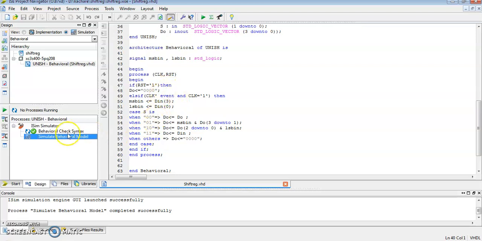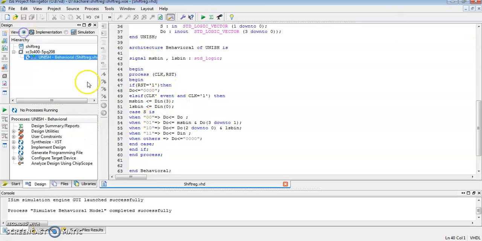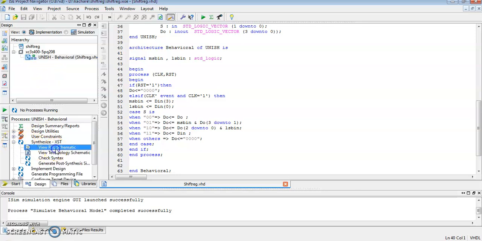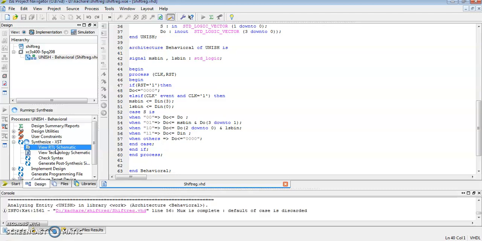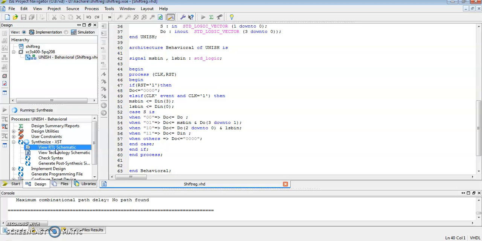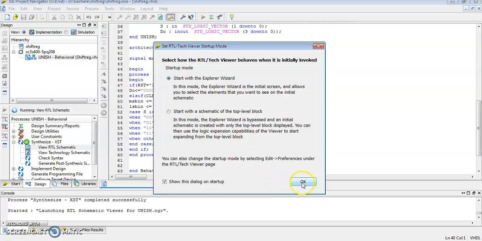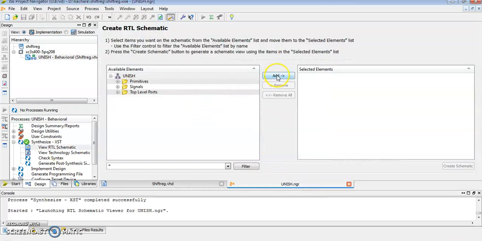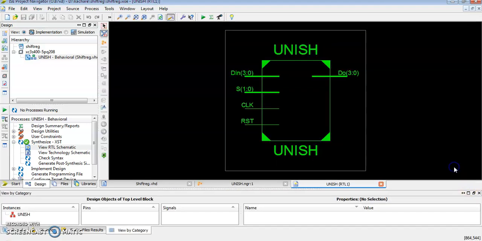Let's see our RTL schematic. Please wait. Under Synthesis, you will get the option Open RTL Schematic. You have to select the project, add, create schematic. Let's see, this diagram is created here, where we have applied the input D in as 4-bit data, S as your 2-bit,